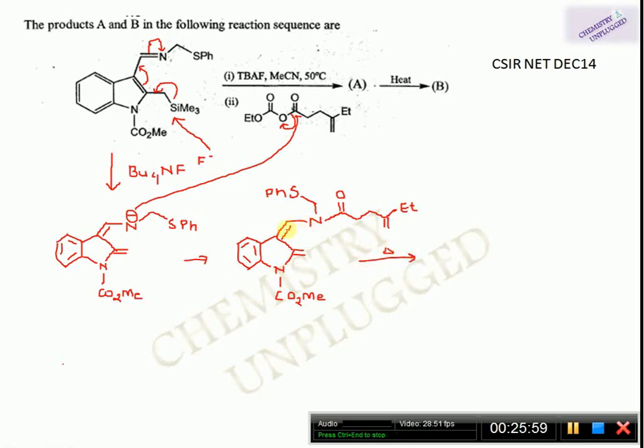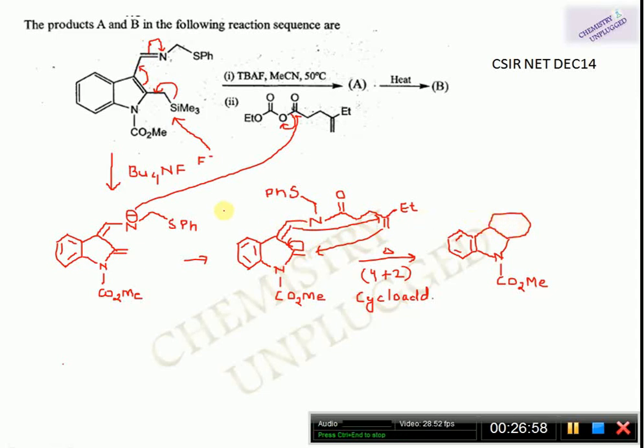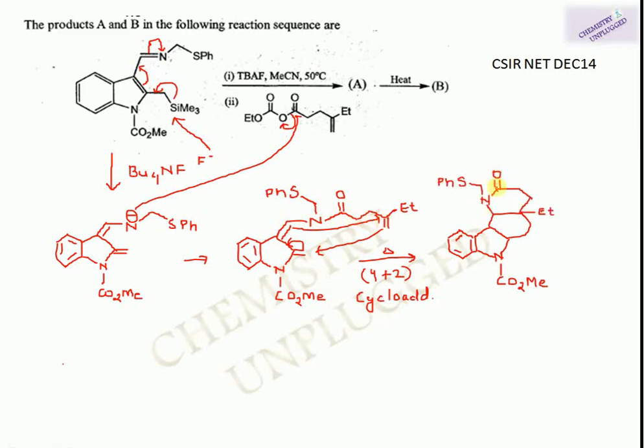We are heating it, and we can see that here we have a diene and dienophile. So it is a 4+2 cycloaddition. So this bond will attack here, this bond will shift here, and this pi electron will shift here. So here is the formation of one 6-membered ring by cycloaddition. 4+2 cycloaddition leads to formation of a 6-membered ring. So it is attached here, and the above side portion is also a 6-membered ring containing a nitrogen carbonyl group. So, and here we have a carbonyl group. So this is the final